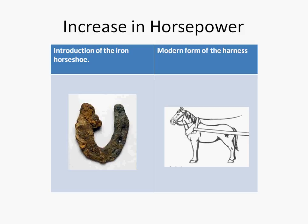More efficient because now the grip of the horse's hooves was improved, and more reliable because now the horse could be used in a wider variety of terrains instead of being limited to grasslands or prairies. That was one drawback of the horse, that the hoof was easily worn out on rocky soils and rocky terrain, and that wearing out process was accelerated when you added a load, either a human rider or goods being